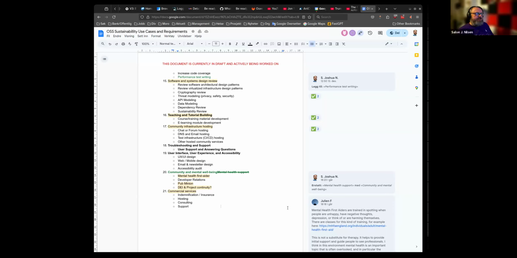My impression is the movements around OSPOs are very much interested in this topic, how to reach out and have relations with open source projects.